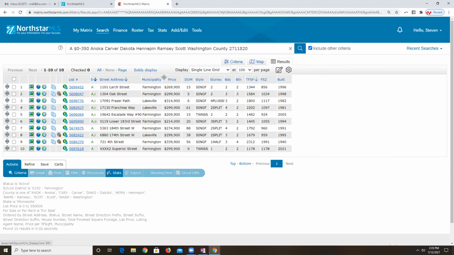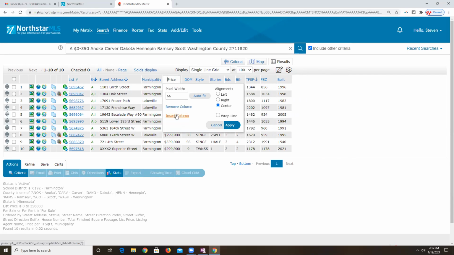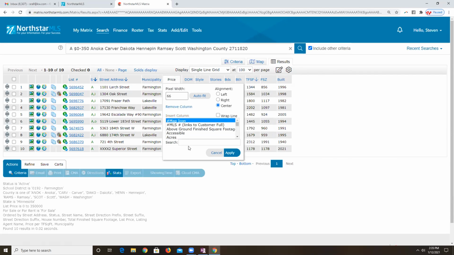So I'm going to insert a column. And when I click on insert a column, everything that you see on a full MLS printout, you can put in a one-line display. I mean, like everything. Like, okay, we've got 3 bedrooms on the main level. So you could put the dimensions of that bedroom, and if it's on the main level, it would be an M. And I'll show you one here in a second, because